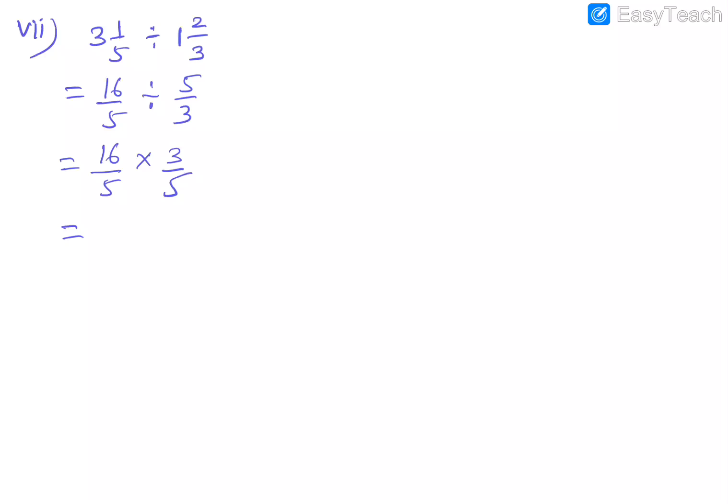Then multiply the numerators and denominators separately. This is an improper fraction which can be reduced into a mixed fraction as 25 1's are 25. 23 is the remainder and 25 is the divisor.